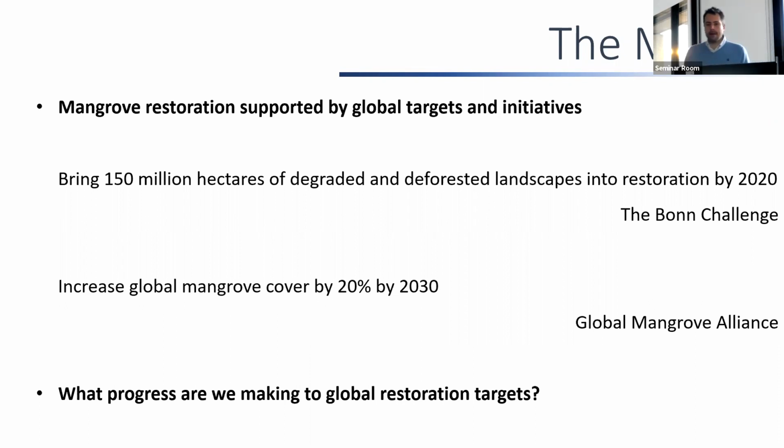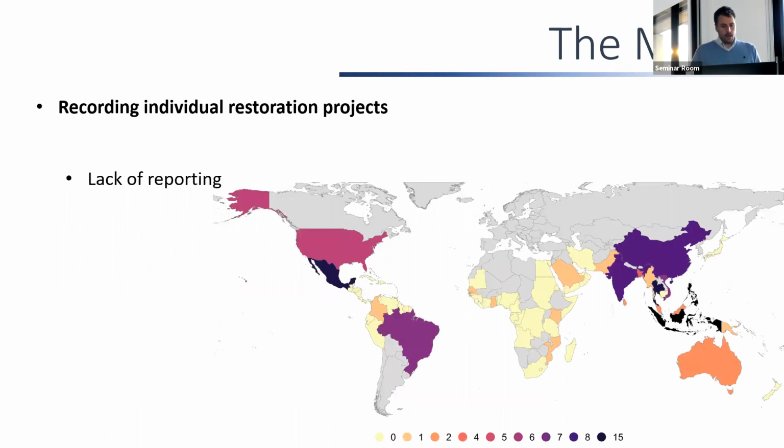I think we know where mangroves are changing in terms of their extent. We know areas that are being lost, and we know areas that are being gained. But I don't think at the moment we can really pinpoint globally and consistently which of those are being driven by restoration. The aim of this tool is to record individual restoration projects and map them at a local scale, but do this globally so we get a global overview. But this is not as easy as it would seem.